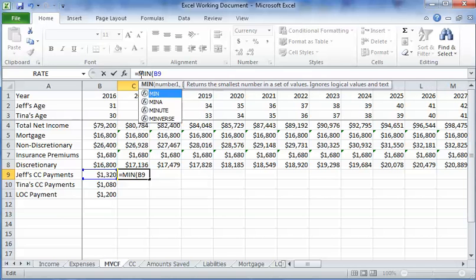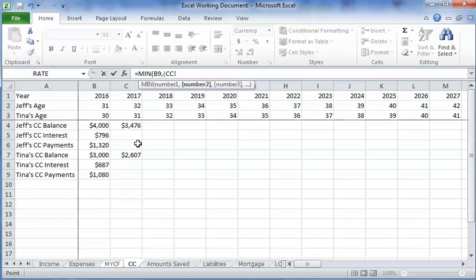So we're going to use the MIN function that uses the smallest in a series of numbers. So it can't be more than what's owing on the credit card at that time. And actually what we really need to do is take into account the interest on the credit card as well. So we're going to do a little formula here where we're going to take the credit card balance plus the credit card interest, and it can never be larger than those amounts. And now we just have to close that out,